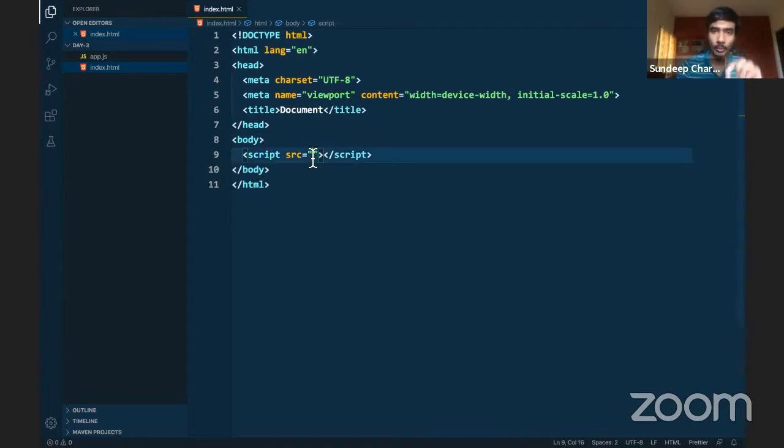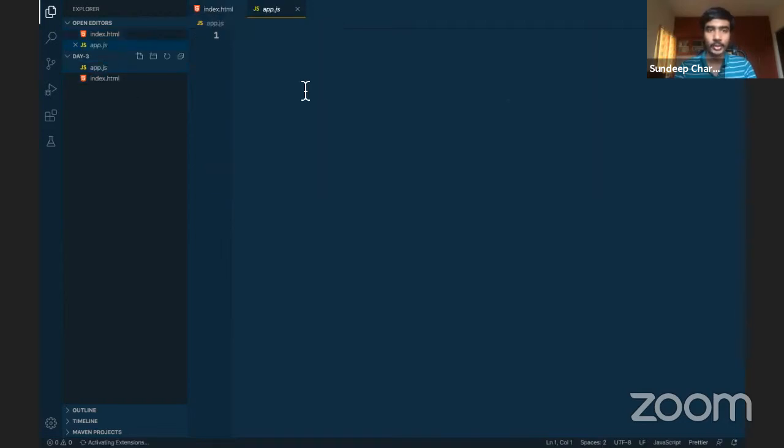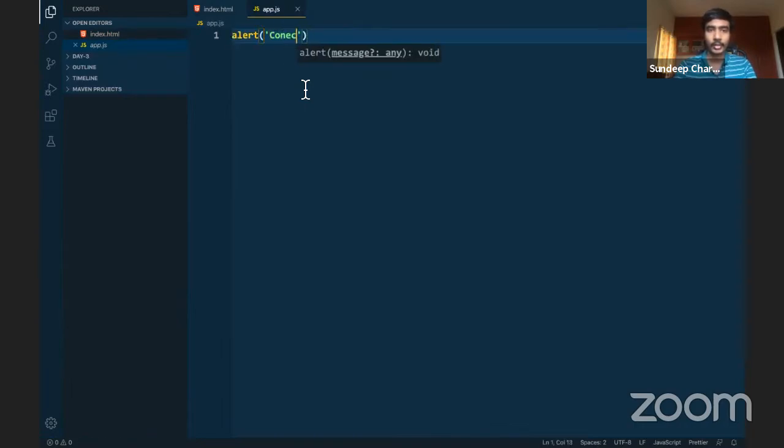So in order to invoke the relative method, all you have to do is just press period and forward slash and then type in the file you want. In our case, it's app.js, right? So this is all we have to do. And all I'm going to do is just go to app.js and then just have alert and type connected. All right. So basically, alert is something. I'll just give you a small